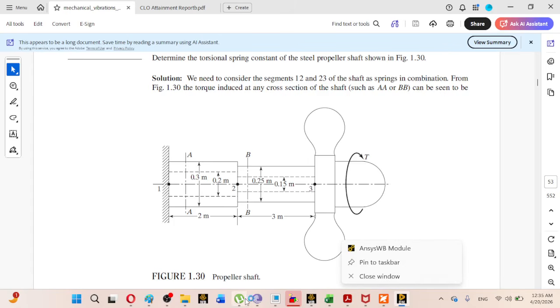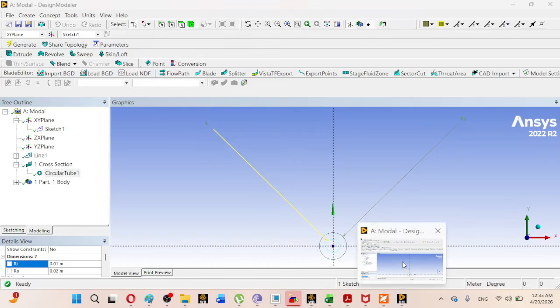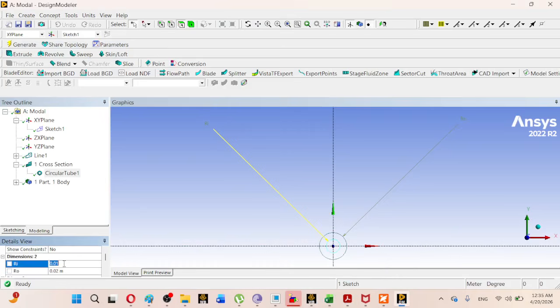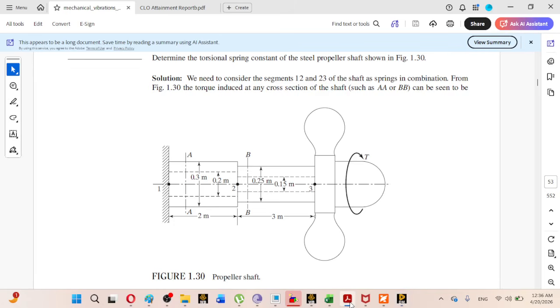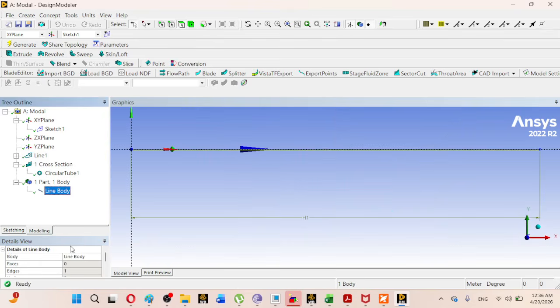So what you can do, this will be R outer, sorry, first change R outer to be 0.15, and then change the R inner. It is a 0.2 diameter, so 0.1 will be its radius. So its radius will be 0.1, like this. So after that you can just assign this